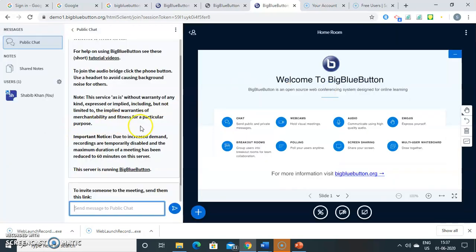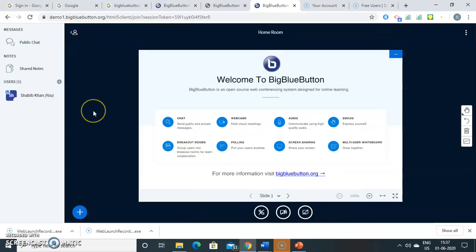So you will see three panels. The first panel shows the participants. Right now it's only me because I have not yet shared the link. I'm just demonstrating it. It is the chat room panel where you can type a message and that will be conveyed here. You can see the instructions also. So right now I do not need it, so I can click on here. So this is my main window.